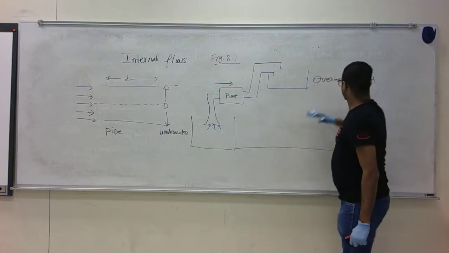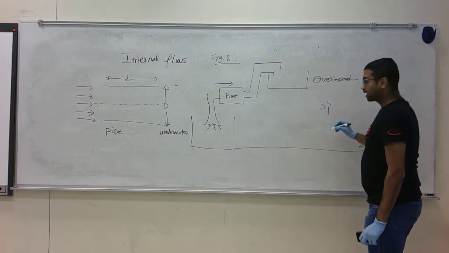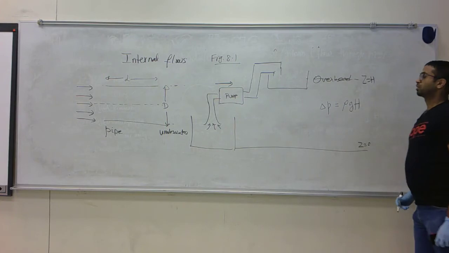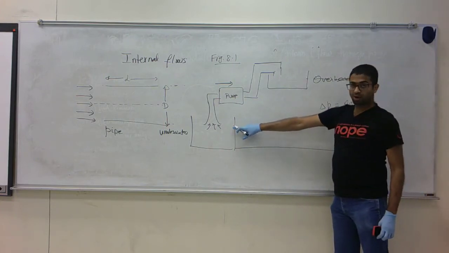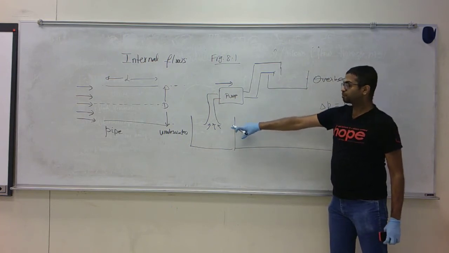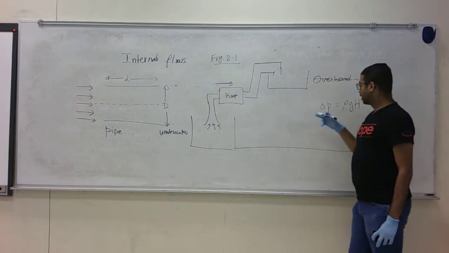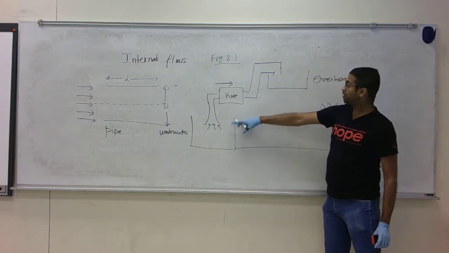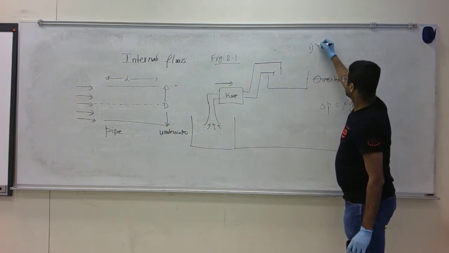by taking the water from a lower level to a higher level, you are obviously increasing the hydrostatic pressure of the water, which is rho g h. Now to increase the pressure of the water, you need to spend energy. That is, you have to provide the energy to the water for it to be transported from this level onto this level. So first of all, the gain